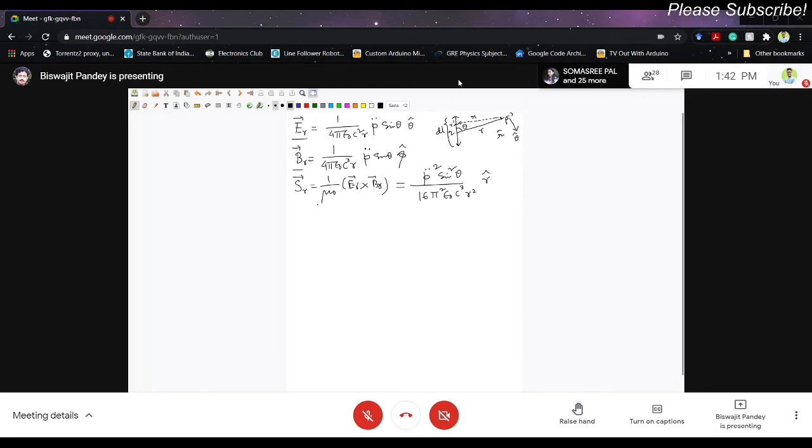Because if I ask you what is dP dt, the power radiated across a small element of area dS, that will be given by S_r into dS, right? S_r is the amount of energy crossing per unit area per unit time. So if this is the area, then energy per unit time is this. That's the power. And what is d omega? d omega is dS over r square. So dP d omega is basically nothing but the pointing vector times r square. And dP d omega, we have calculated this many times, and this tells us how the distribution looks like.